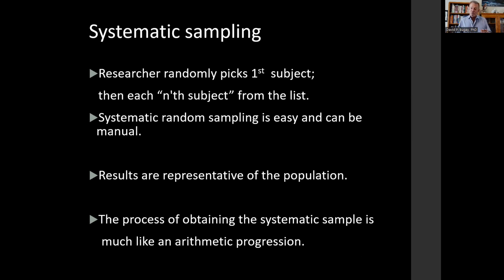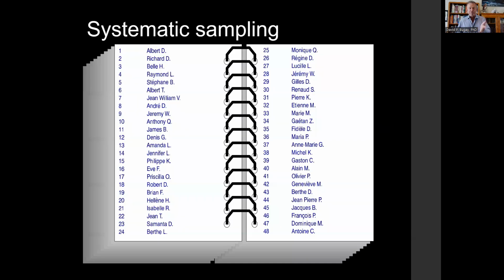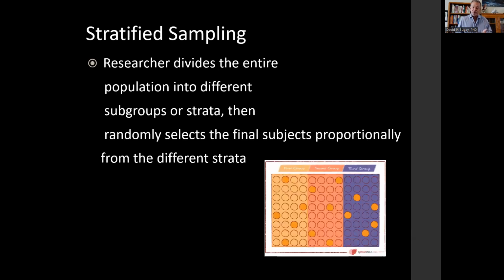Your results, you want to be representative of the population. So sometimes you want to sit down and have a more systemic sample, like it's a progression. So you start with a number, an integer less than the total population, and then you have an interval, and you pick another one that serves as your difference between them. So over here, same book, we go through, number 8. We chose number 8. And now, look at that, we're choosing 28. Okay, and now we're going to choose 48. So you're jumping every 20 numbers. It's a good way of doing that.